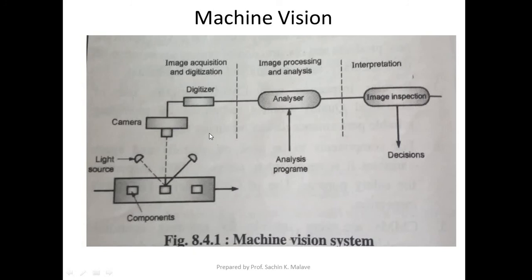The intensity should also be good in order to get a good quality image. The intensity value of each pixel is converted into a digital value by an analog to digital converter. So as the pixel is formed, the intensity value of each pixel is converted into a digital value by the ADC, that is the analog to digital converter.